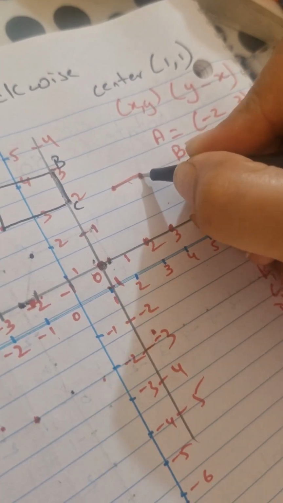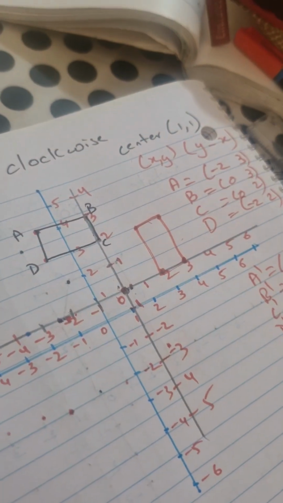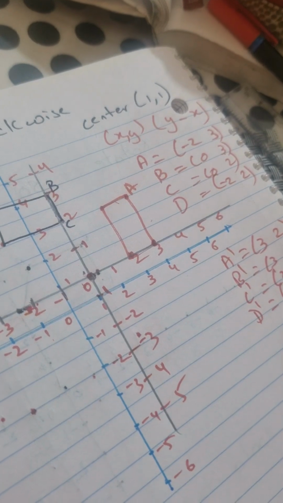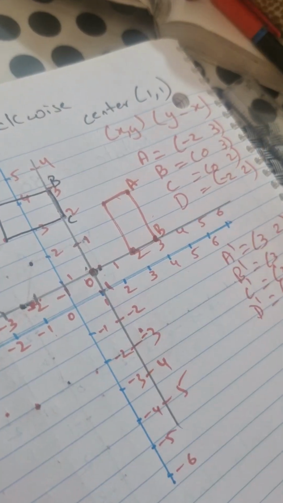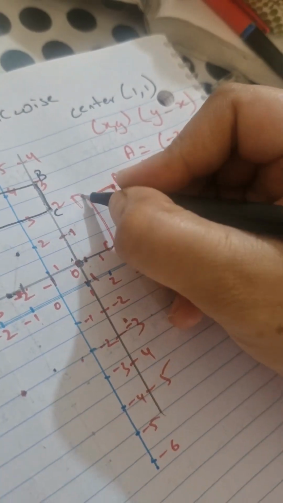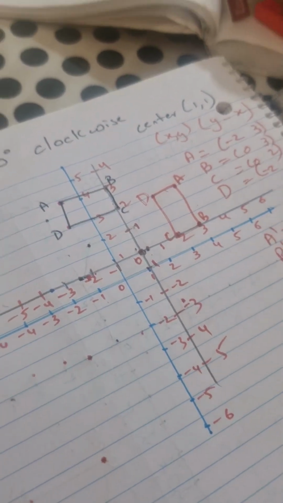So your new image will rotate in this way. So this is A, and then this is B, 3 and 0, C, and D. I hope you guys understand. With the trace paper